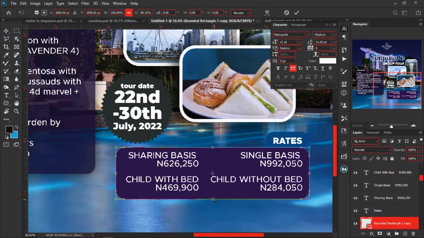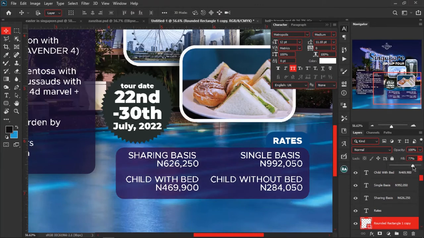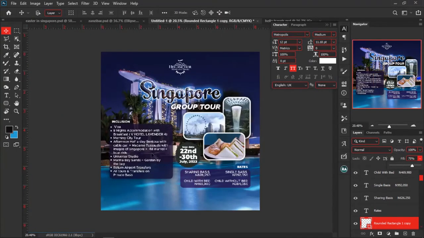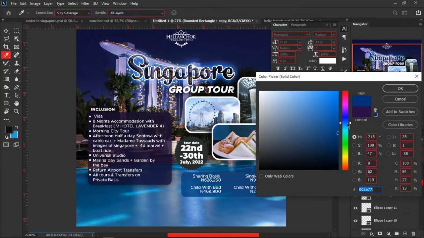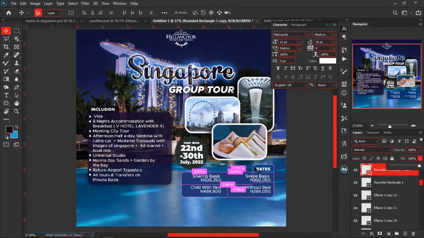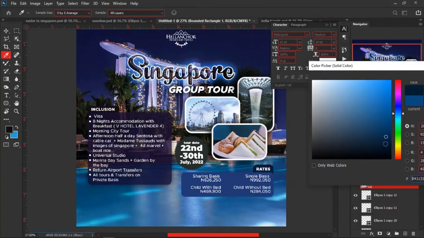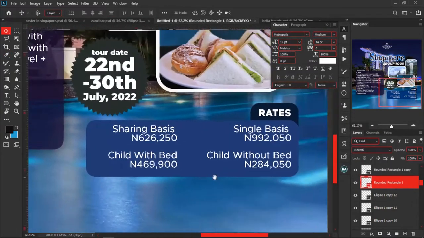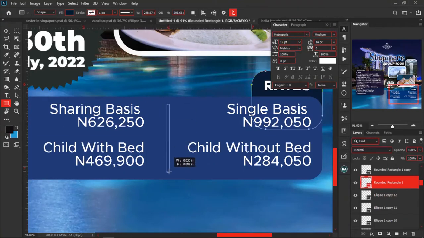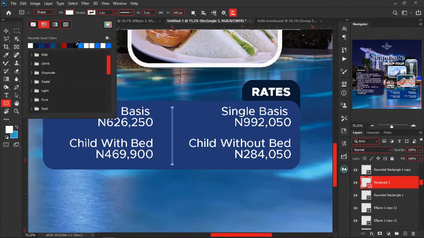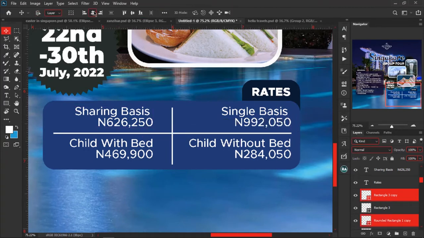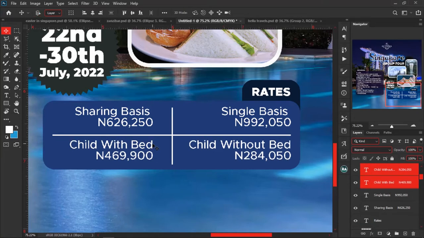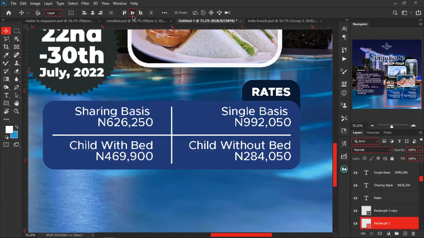I have been working with them from nearly, I think, the inception of the whole thing. So I made the logo for them, and we've been working together since. He has been a very good client, of course, and I would always want to work with people like him. So therefore we continue, and I placed this little effect in the rates box, and